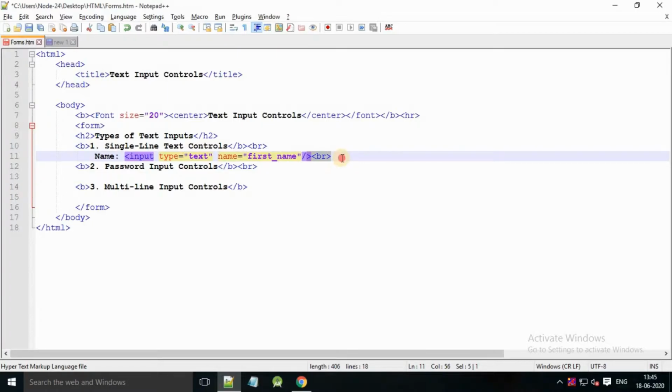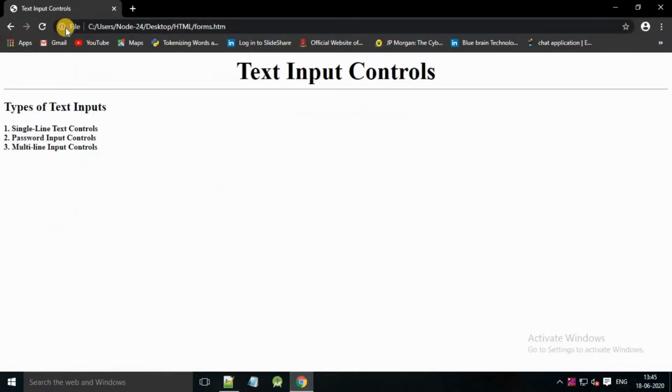Then here use a BR tag, save the program and run it on your browser. So here, enter some characters for the input text, for the user input text.